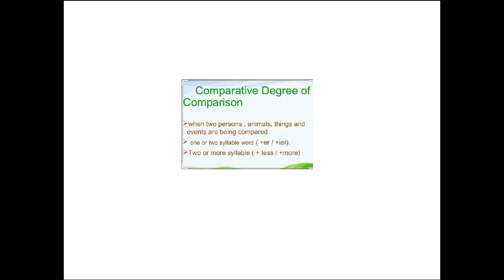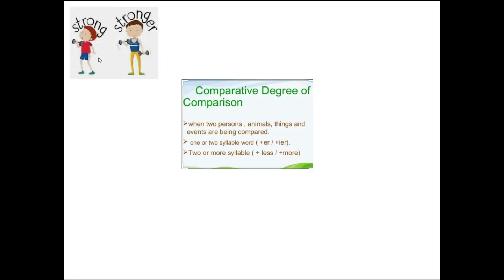What are the rules? How can we make an adjective a comparative degree of adjective? We have to add er or ier after it. There are rules to it. This you will learn when we deal with the chapter adjective under your grammar lessons. And we also use more or less with the adjectives where we cannot add er or ier. I have few examples for you.